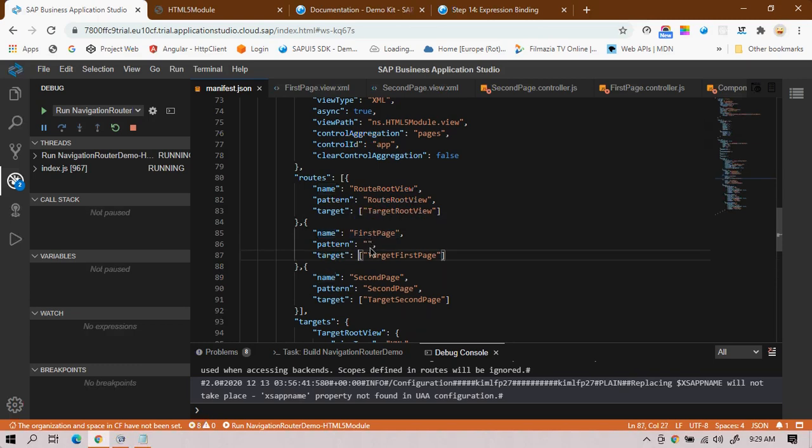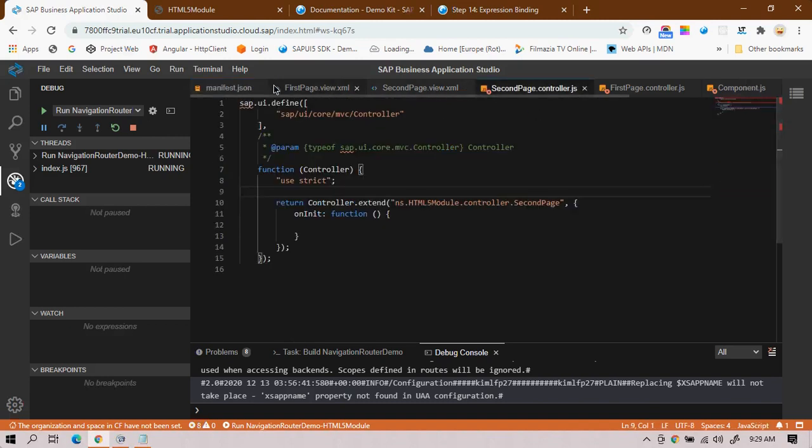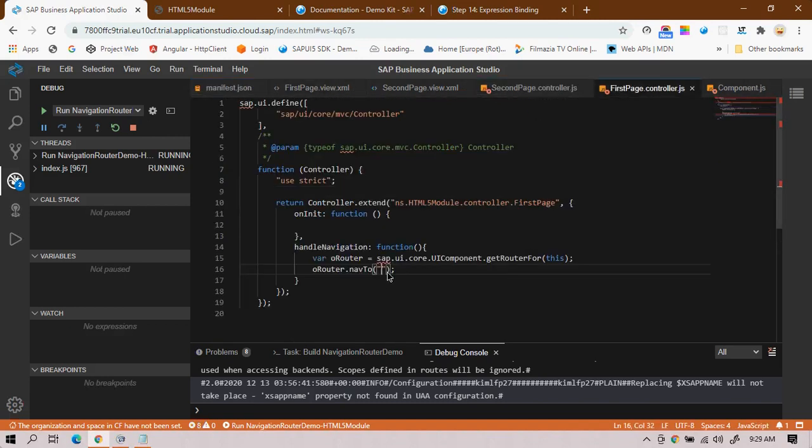Then only it will work. Suppose I'm giving the first page name one way in the manifest, and in the controller I'm giving the name as second page. Will it work? It will not work.